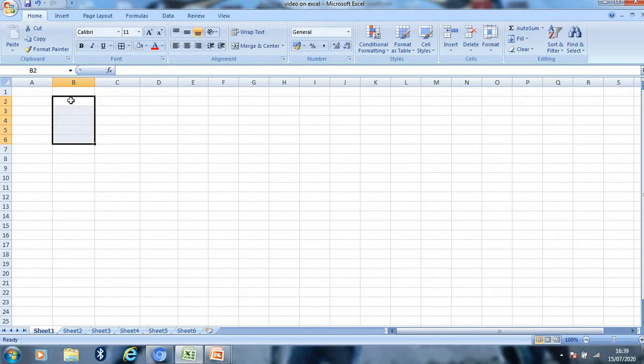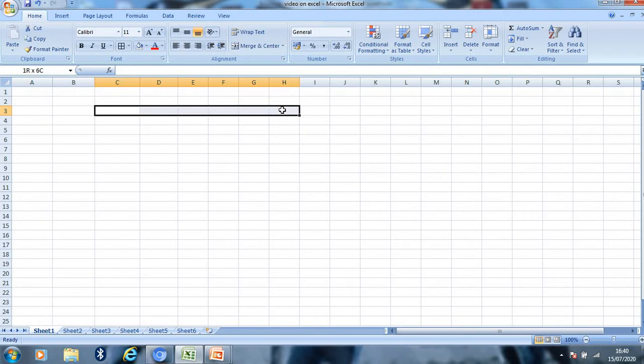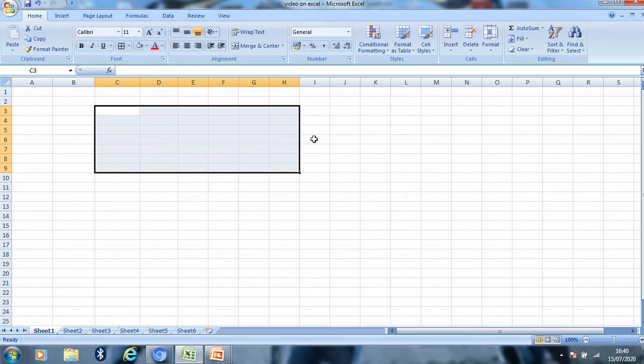This is about selecting a continuous range. You can select a continuous range in a particular column or in a particular row, or you can select multiple columns and multiple rows also, like this. Just press the left button of your mouse and then drag the cursor.